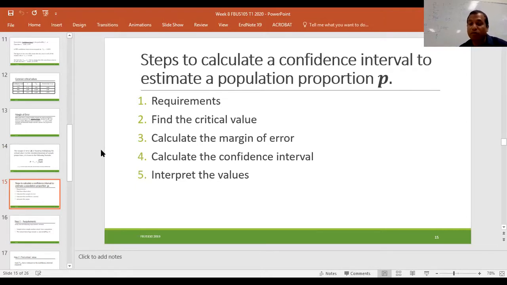With the examples, it will become more clear. We have 3 or 4 good exercises. And stage number 5 is, once you have identified the confidence interval, you need to interpret those values in terms of what expert advice you are going to give to someone who is looking for a solution. There is a certain way to interpret the findings. So that will be your stage 5.